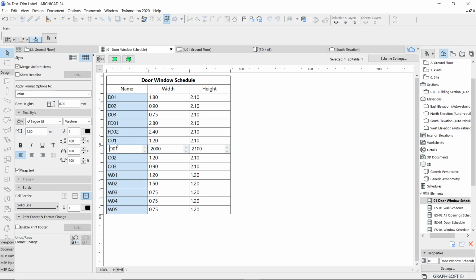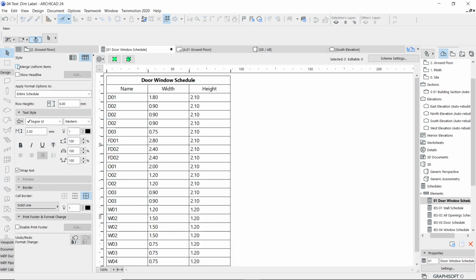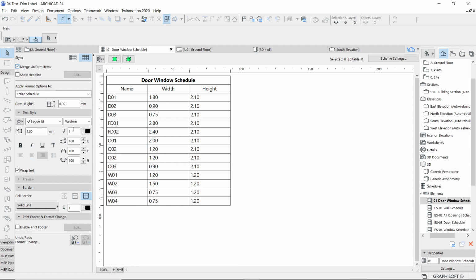So I'm just going to make this 02. Automatically, that will get accepted. Again I'm going to say Merge Uniform Items. I'll remove this, again I'll add this, and you will see now this is okay. Still it is getting listed, but next time if I reopen it, it will surely get merged. So now try this, and let's see how to place this schedule on the paper next time.